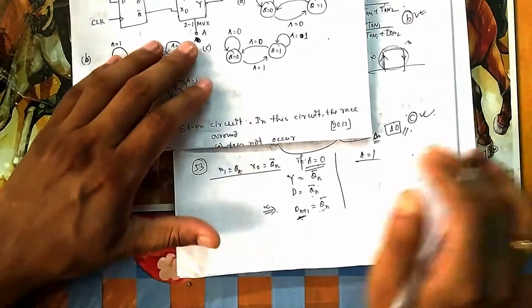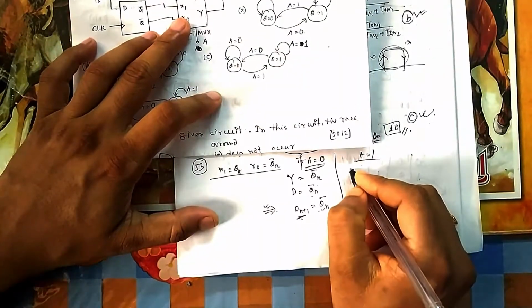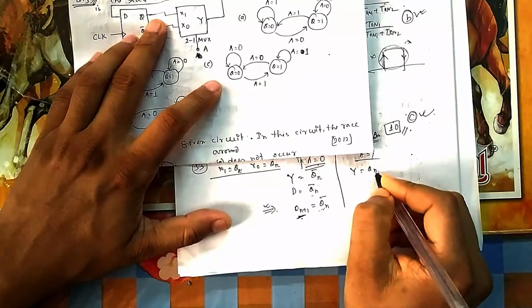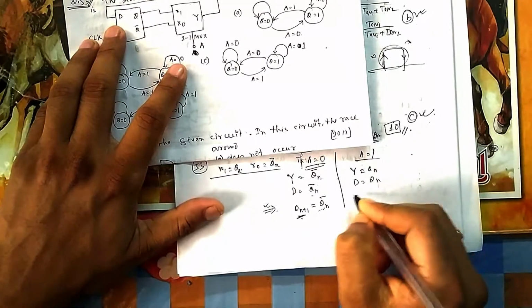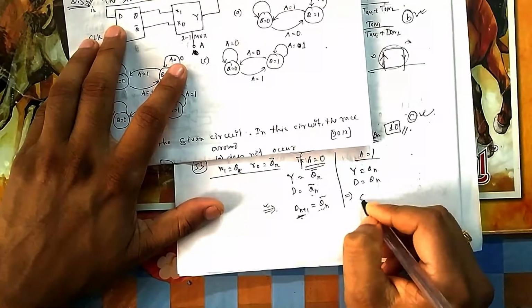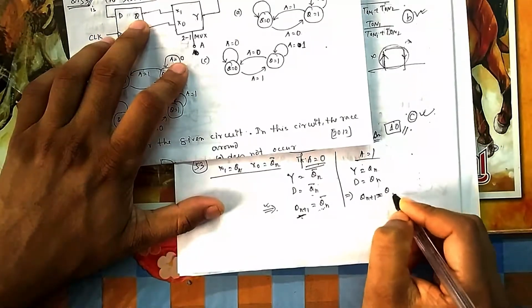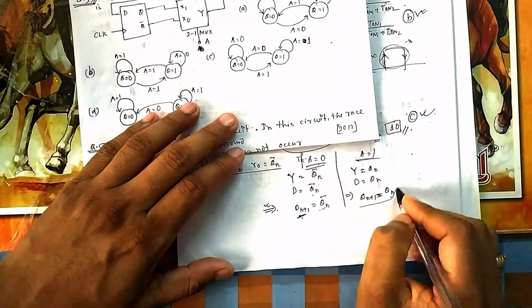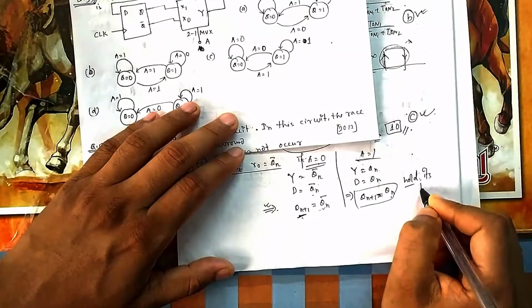And if you come to A equal to 1, then what is your Y? Y will be connected to X1 and X1 is connected to Q1. So what will be your D? D is nothing but your Y. Now if you apply a clock pulse here, what will be Q n plus 1? Whatever comes at D will come at the output. So D is Qn, so it will be Qn. So if A is equal to 1, it will hold its state.